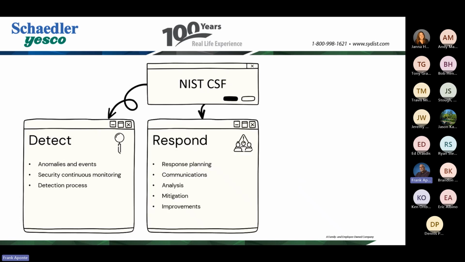The place where a lot of people unfortunately end up starting their cybersecurity journey is in the respond. There's been an incident, they weren't prepared for it, they don't have a playbook, they just need help getting their facility back up and running. Incident response retainers are almost always a good first step if you don't know even where to start, because you'll be covered, you'll have a phone number to dial if you have any kind of event or incursion.